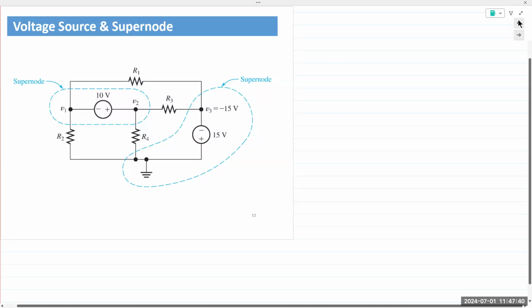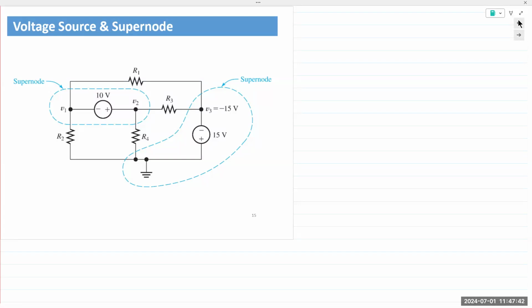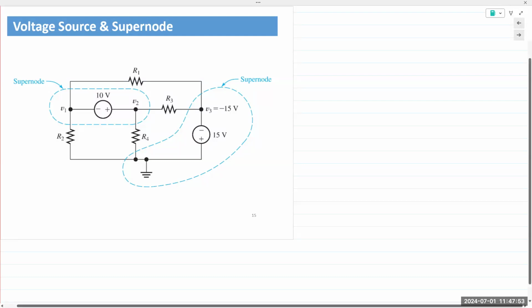One other thing I wanted to discuss was the concept of supernode. Supernode sounds like some sort of fantastical technique, but it's not. It's simply a shortcut. So if you ever see a supernode, if you see more than one voltage source in a circuit,